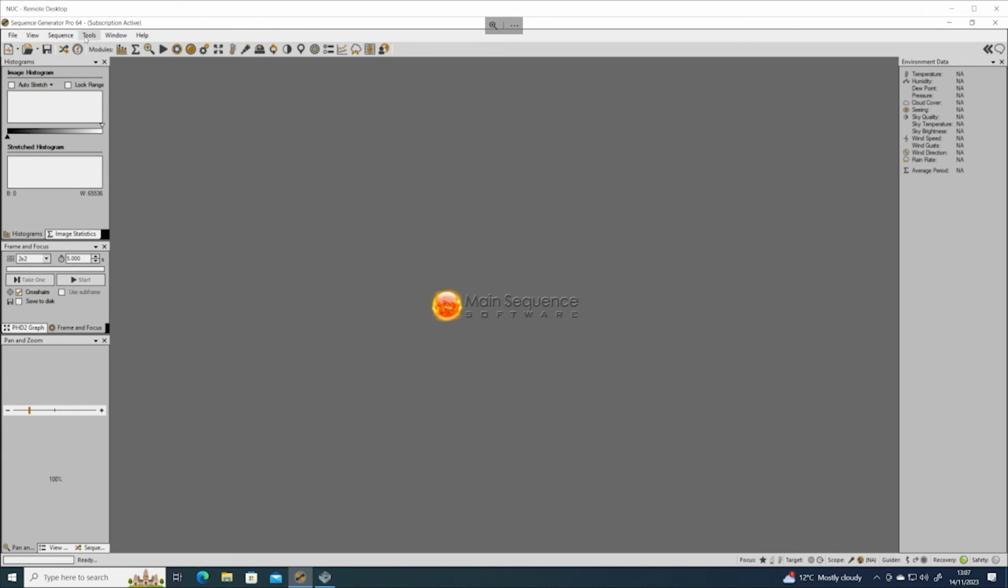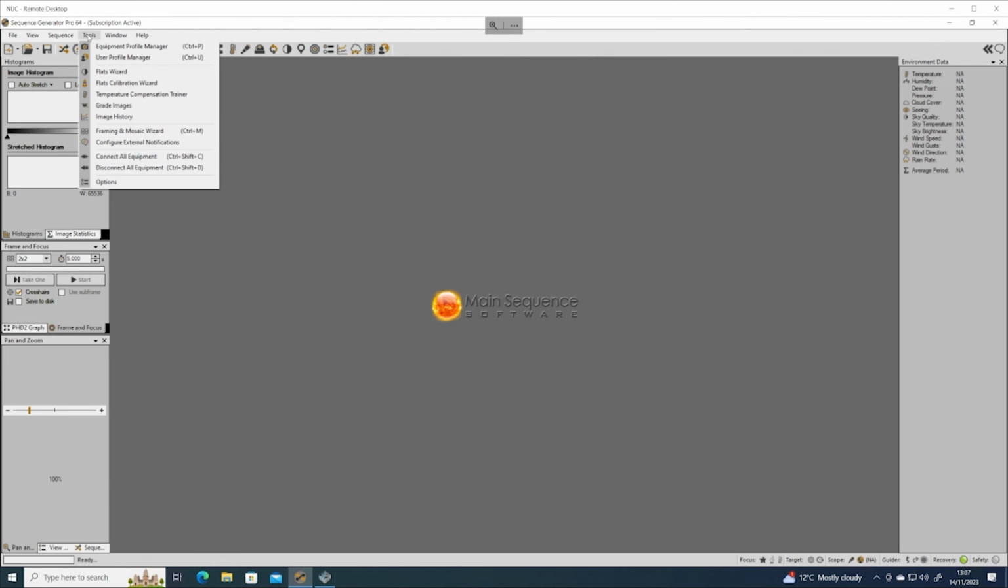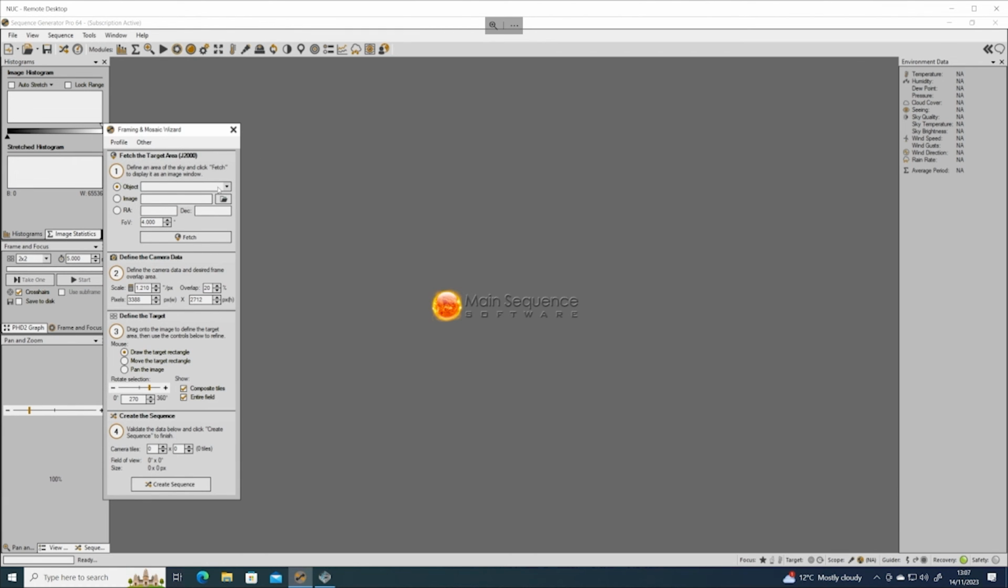Close this and we'll go up and frame, let's choose M45, the Pleiades, which we were using before. So from tools, go to the framing and mosaic wizard. I'm going to type in here M45 and fetch. Now you see the field of view here is shown as 4 at the moment, which is quite